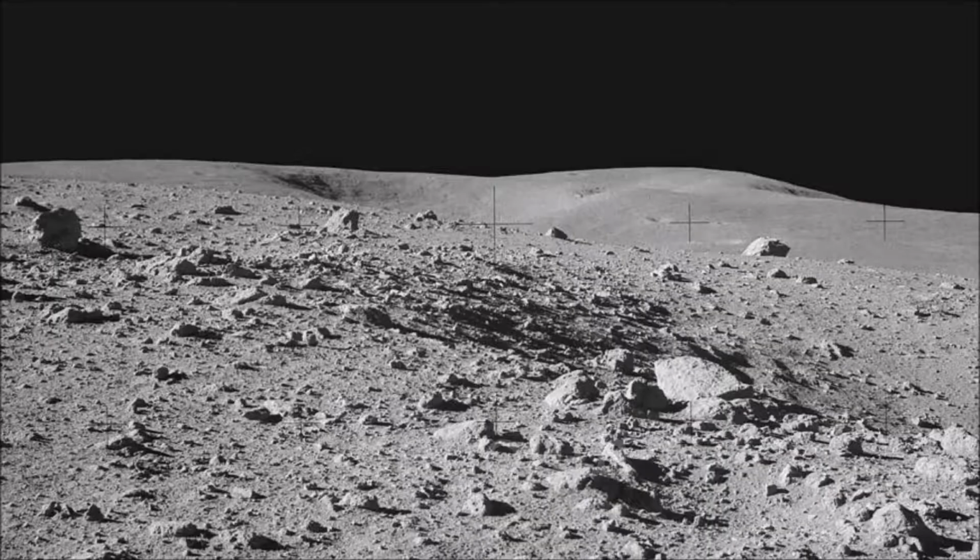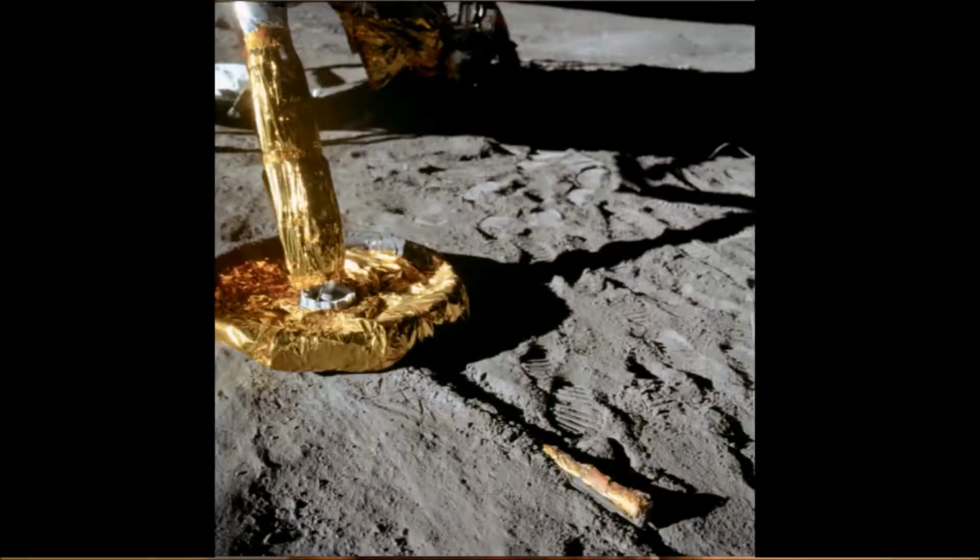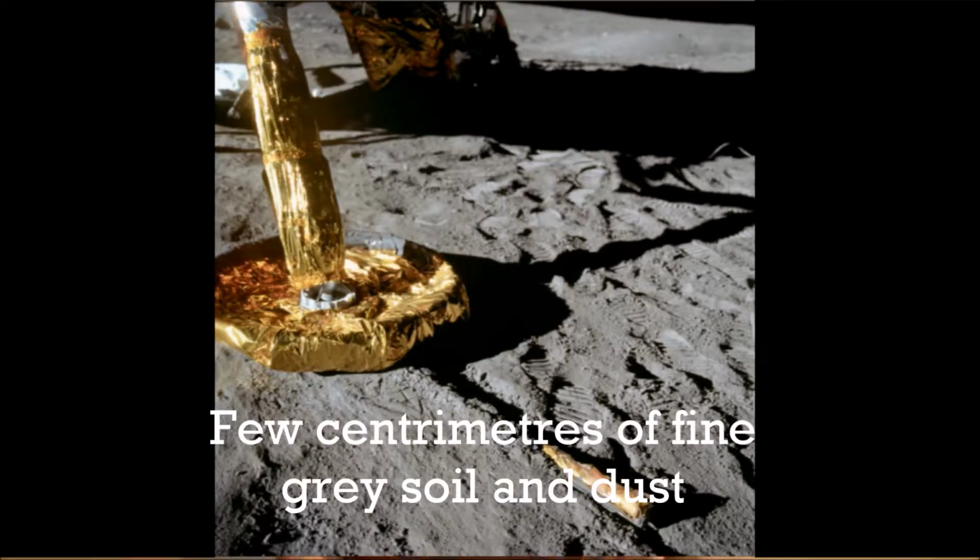The surface of the Moon is made primarily of what is called regolith, a layer of loose rocks, dust and other material. The thickness of the regolith varies from about 5 metres in the mare regions to about 10 metres in the highland surfaces. Although regolith can be found on Earth, lunar regolith is fundamentally different. The majority of the surface is a layer of fine grey soil and dust a few centimetres deep,